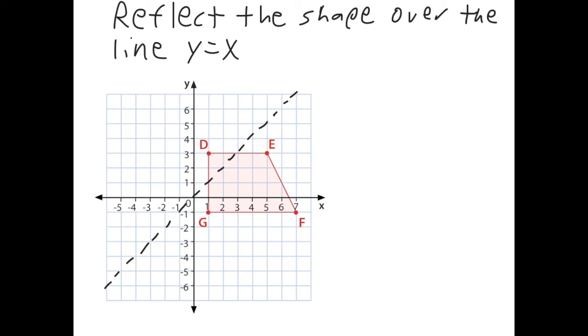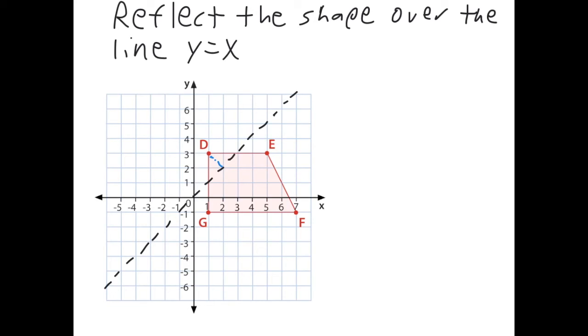This one will not be so easy to reflect because now instead of just going in one direction, we'll have to go diagonally to hit the line at the same slope as it goes, up 1 over 1 or down 1 over 1. So first let's look at D. If you look at D and we want to get it to the line as quickly as possible. So let's go in the same slope, just in the negative version. And we see here we have a dotted line that would go down 1 over 1